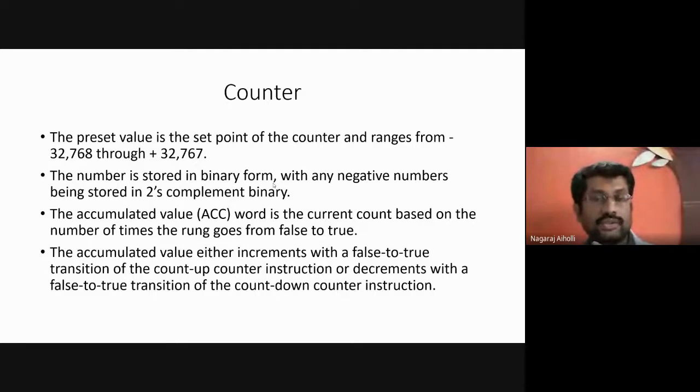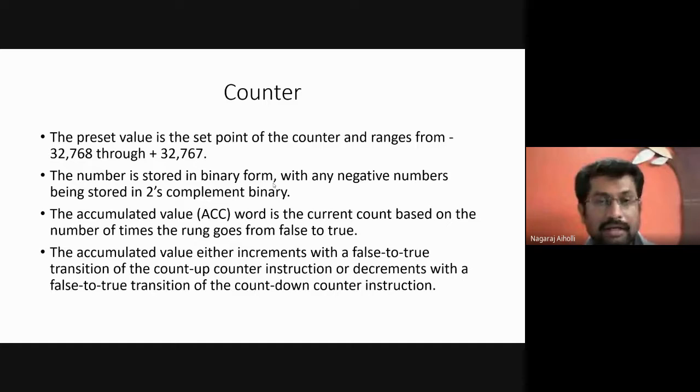Suppose you take only 2 bits, and the preset value is 0 1. What is the ones complement of this? Wherever it is 0, make it 1, and wherever it is 1, make it 0. So the ones complement is 1 0. Add 1 to this, and it becomes 1 1. This is how the two's complement is obtained, and the preset value is stored in two's complement format if it is a negative number.